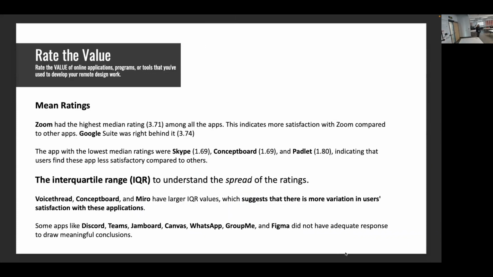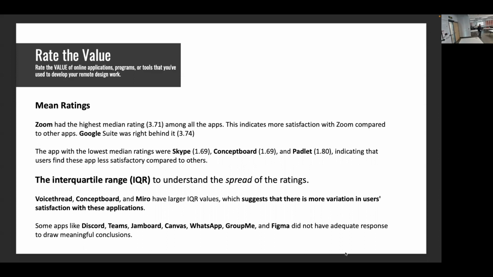All right, so to figure out what the ratings really mean, I obviously had to look at some basic descriptive statistics. One of those is looking at just the average rating, the mean rating. Zoom did the best. Google was right behind it. The lowest ratings were actually Concept Board, Padlet, and Skype, which is interesting because Concept Board, you'll see later, is highly correlated to certain